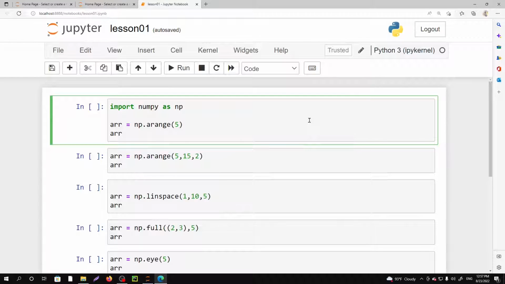Hello guys, so welcome to the third video of the Numpy series. In the previous video we discussed some inbuilt functions of Numpy, and in this video we are going to discuss the rest of the functions. So we can see we have imported Numpy as np and we have created a variable, and now in this